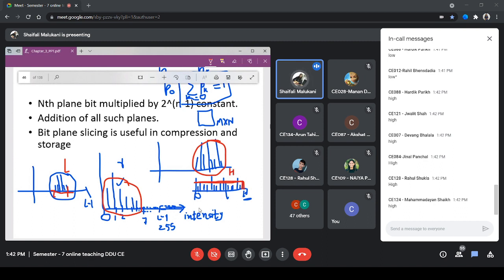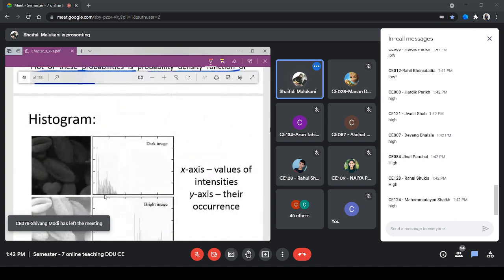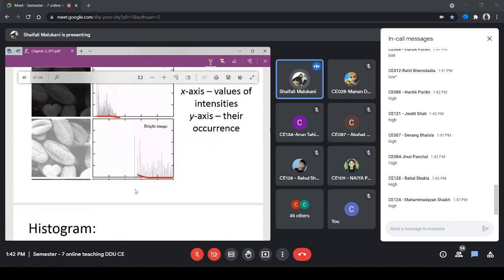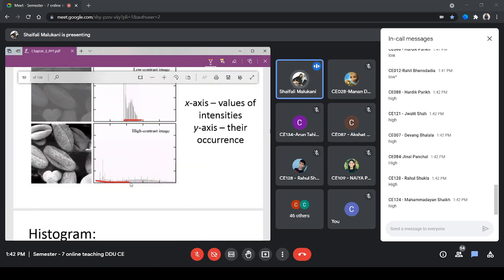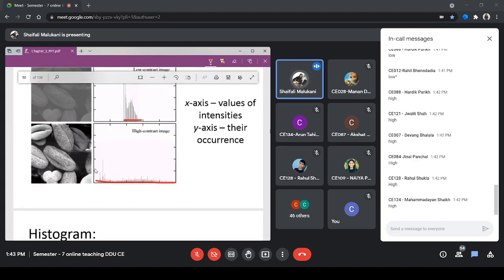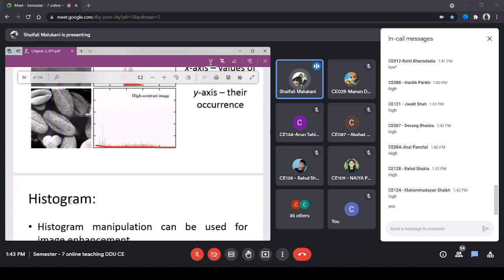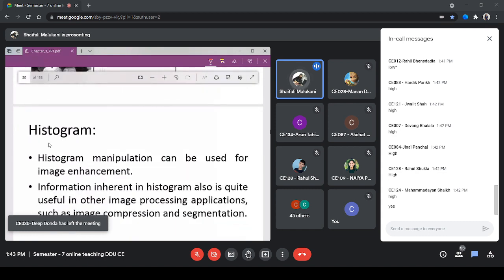So this is very much useful to us. High contrast, because the entire range is used. Black color is also there, white color is also there, all other colors are existing, right? So dark as expected, bright as expected, low contrast as expected, high contrast as expected. You can verify. Comfortable, everyone, up to this? Any doubt? Okay. What about this histogram?